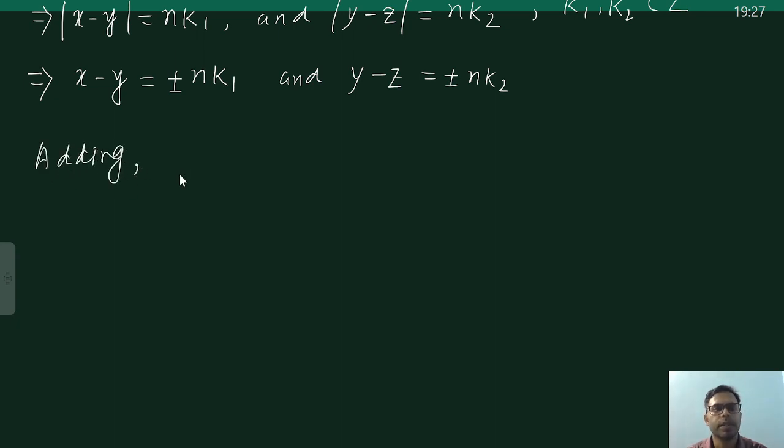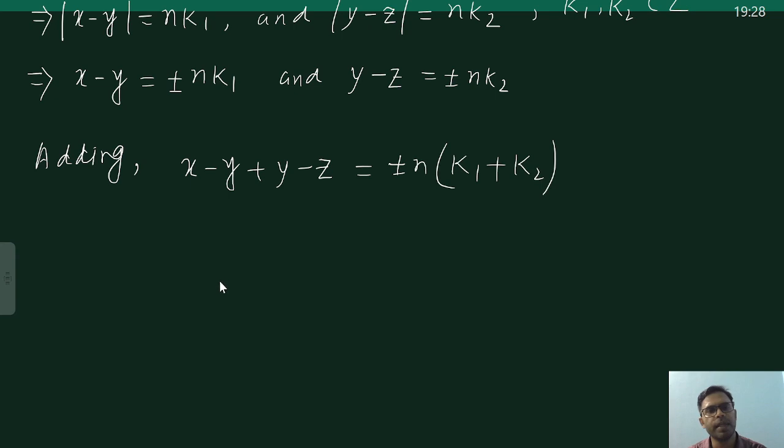মই add কৰো তেতিয়াহলে x minus y plus y minus z side by side add কৰিছো। On the right hand side you see plus minus n is common, within bracket it is k1 plus k2 will be there, this positive negative y is cancelled, so in the left hand side we have x minus z is equal to plus minus of n, since k1 and k2 these are integers number, sum of two integers